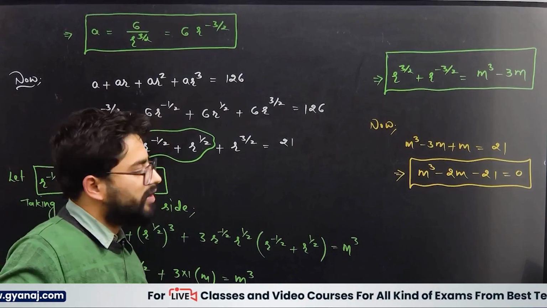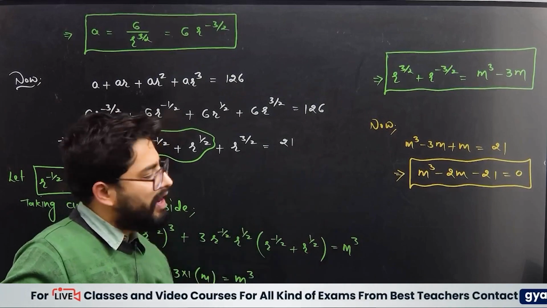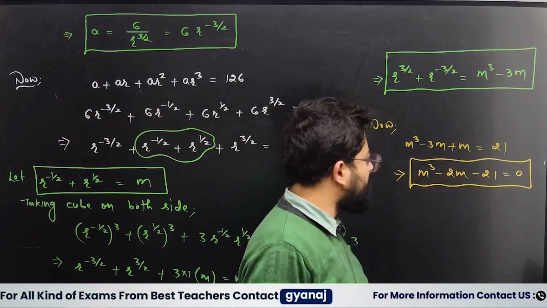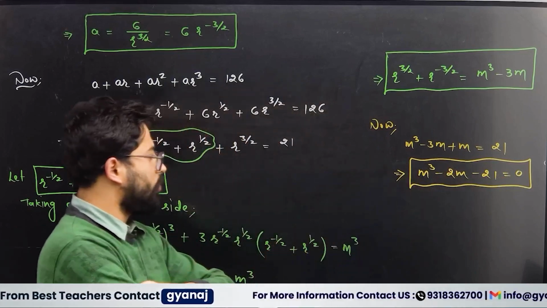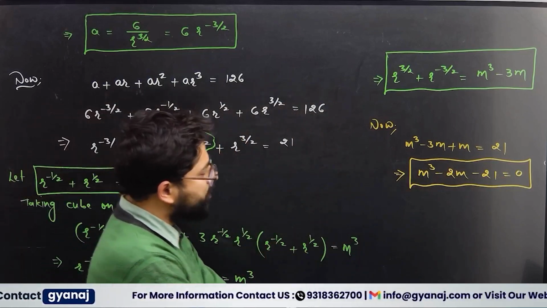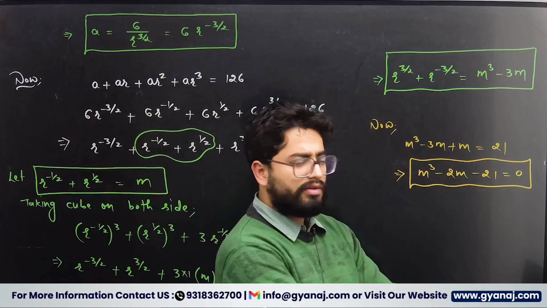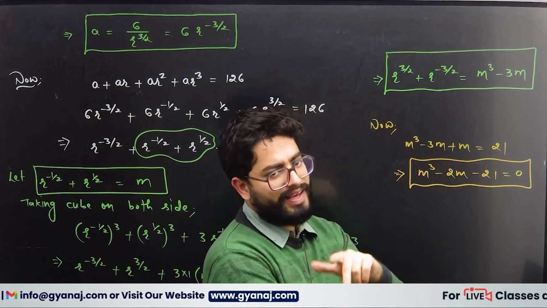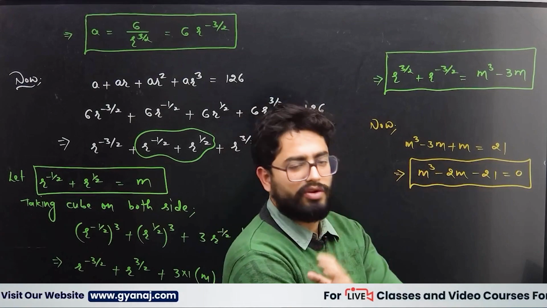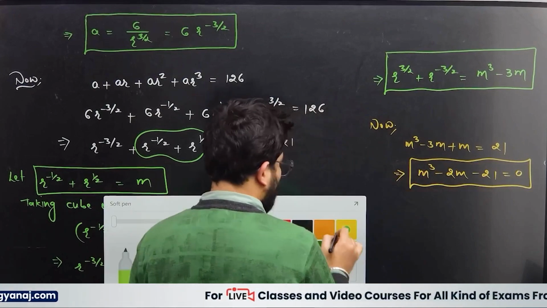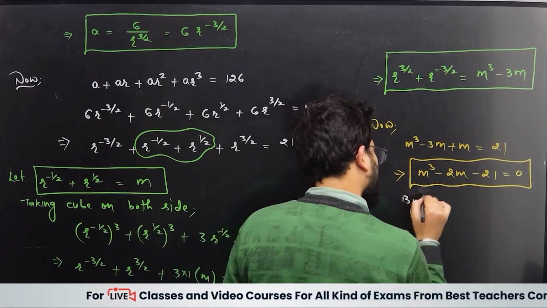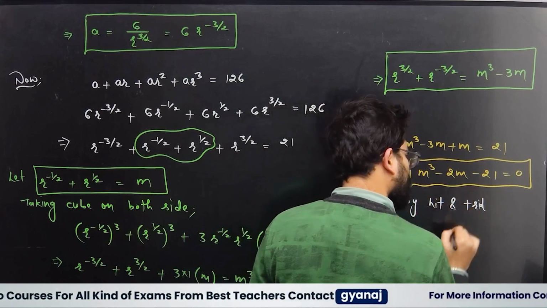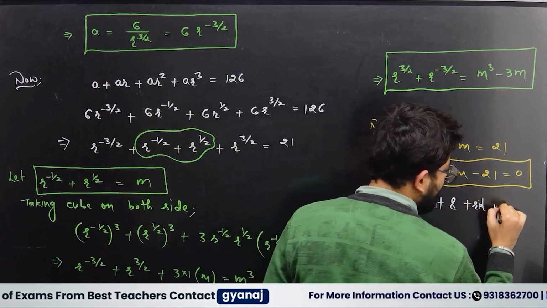Okay. Next thing. How can we find the value of m now? Sir, m cube minus 2m minus 21 is 0, so that's a cubic equation. And if you observe, when you put m is equal to 3, that will be 27 minus 6 minus 21. That's 27 minus 27, which is 0. So by hit and trial method,